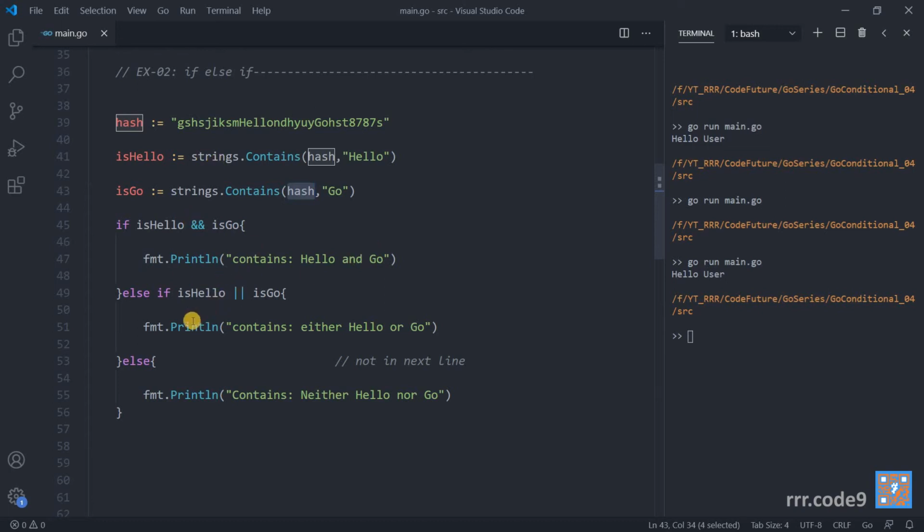If any one of them is present, for example, if hello is present or go is present, we are using here the or operator, then print contains either hello or go. Ultimately, if both these conditions are not satisfied, then in else we print contains neither hello nor go. Hope these lines are clear to you. Let's run this code and see the result.